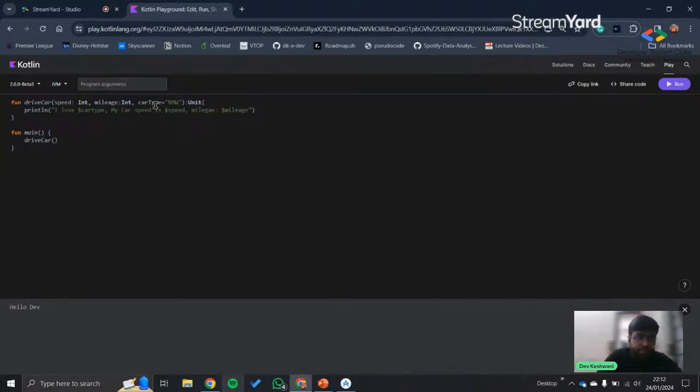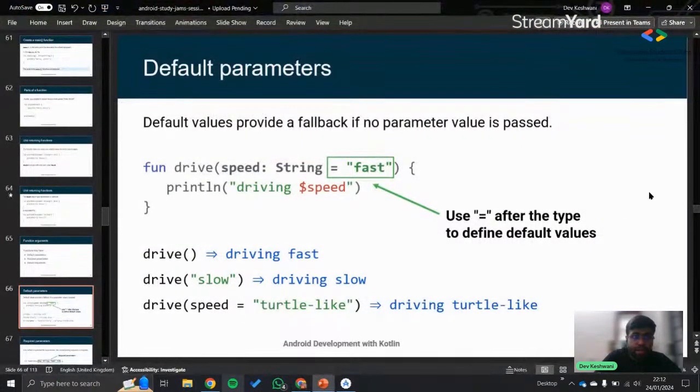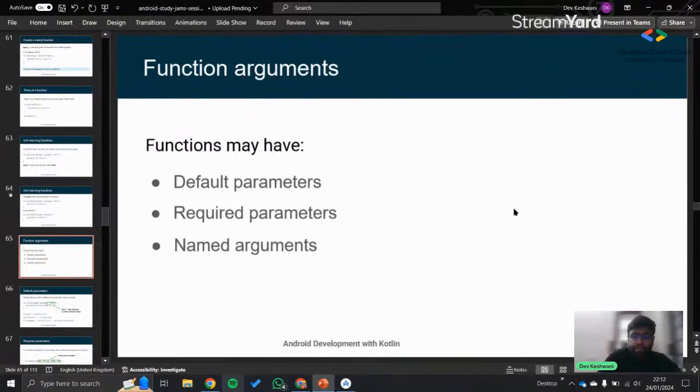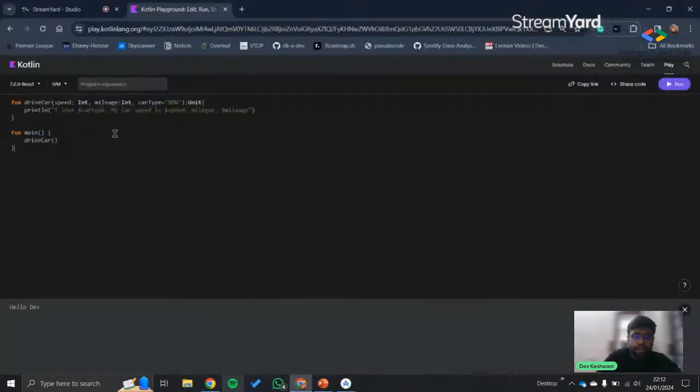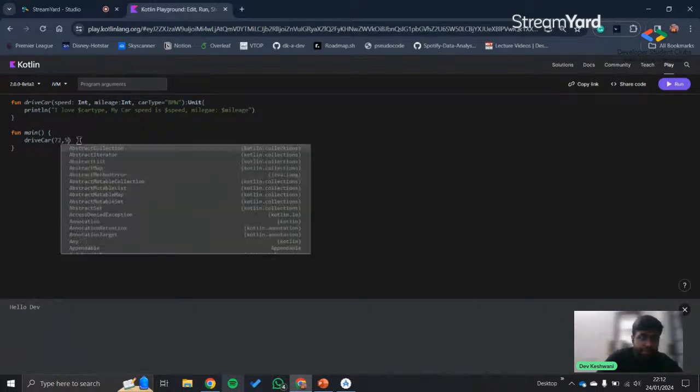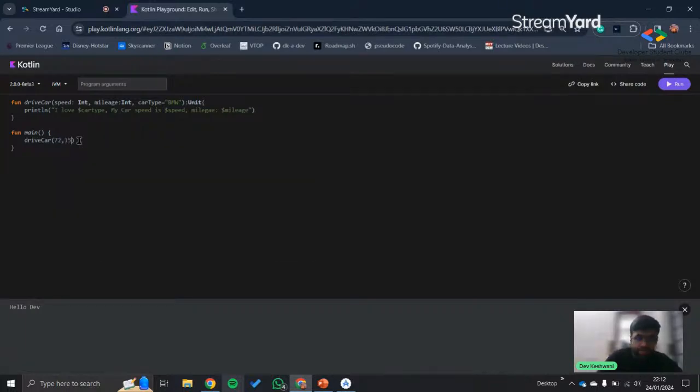So basically this car type is a default parameter, and we have already defined a default parameter for the car type. And these are some of the required parameters. So I'll specify 72 and 56. If mileage is too much, like 15, 15 is fine. Now, if I try to run this,